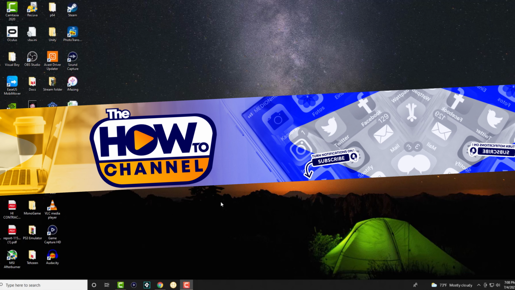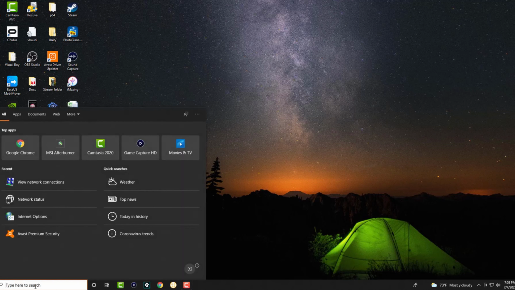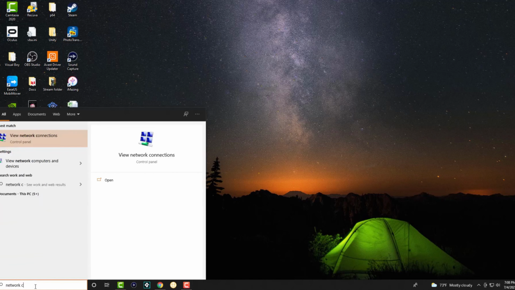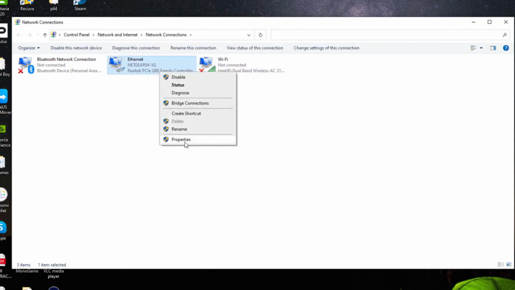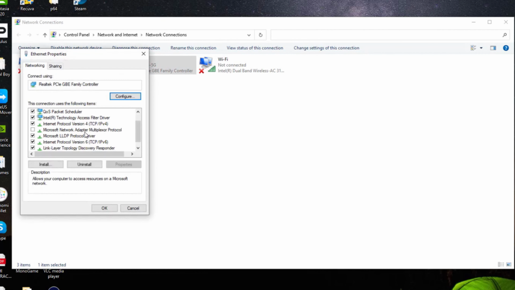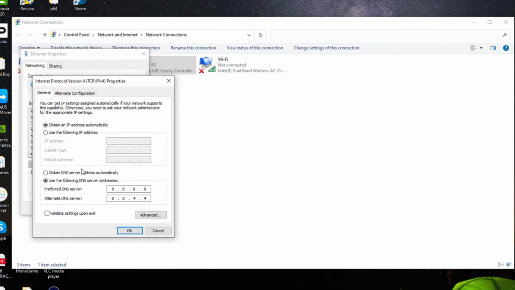So the first thing is you want to go to the search bar and write network connections, and you will basically open up this page. So in here, if you're connected via Wi-Fi, do it there, or Ethernet, whichever one you're connected to. Right click over there and click into properties. In here, we're going to scroll down and look for something called Internet Protocol version 4 TCP/IPv4 etc. Click into properties, and we're going to change obtain DNS server from automatically to manual essentially, and we're